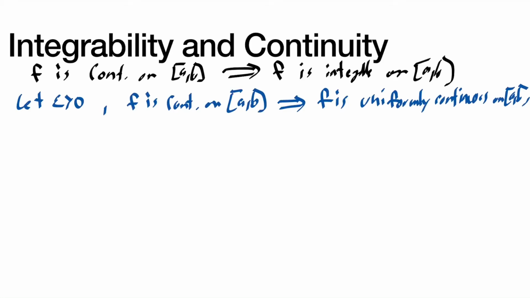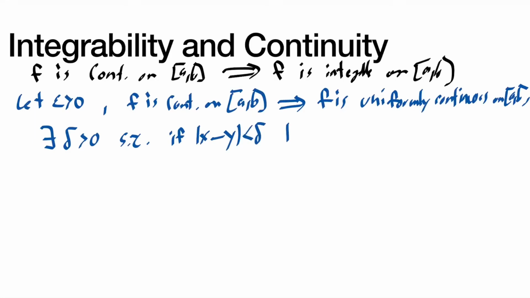Well, that's nice because uniform continuity means I can use the same delta value throughout the whole region. So what this means is that since I let epsilon be greater than 0, then there exists a delta